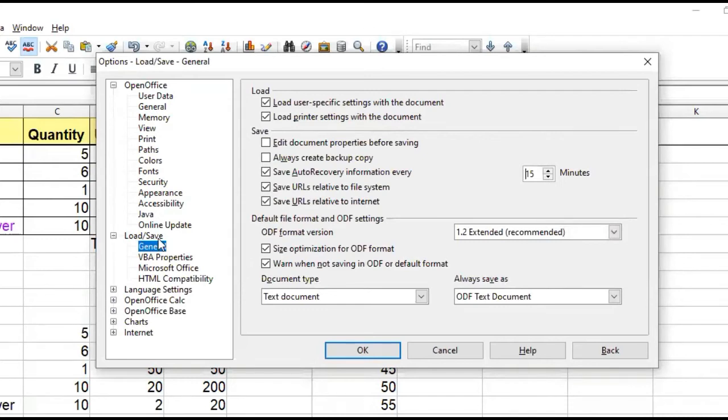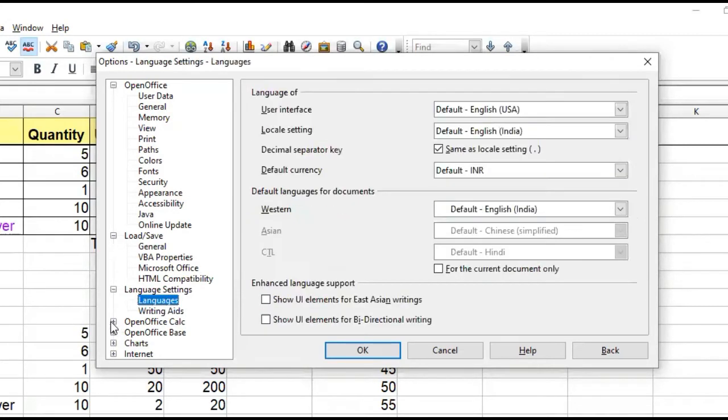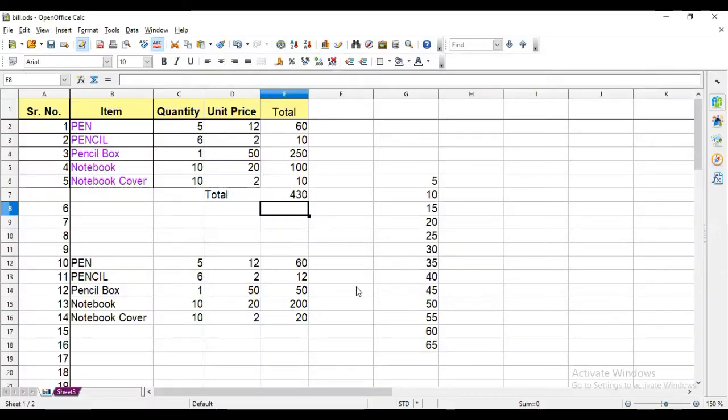Then when you open a file or save a file, you can get different options here. Language settings: you can add or remove languages from here, for example, the default language. Now press the OK button. So these were the general options in Calc.